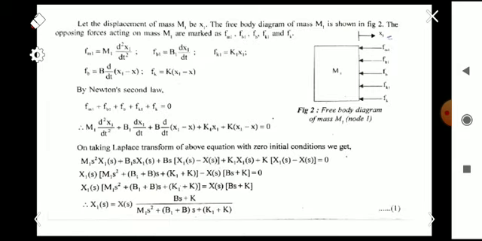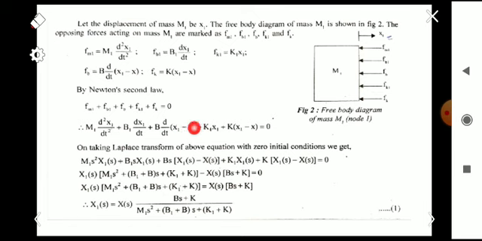If you are considering the body 2, then the equation will be x minus x1. At that time we have to consider the displacement of the body m2. So the displacement is x there, so the equation will be x minus x1. Here we are considering the body m1, so the priority should be given to the displacement of m1, that is x1. And we are substituting all the equations here